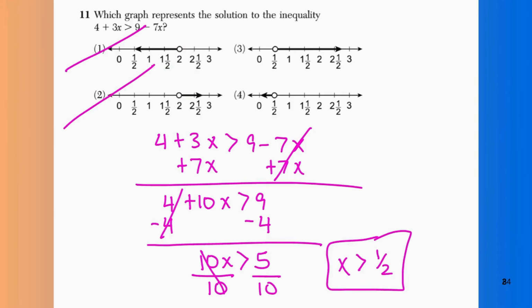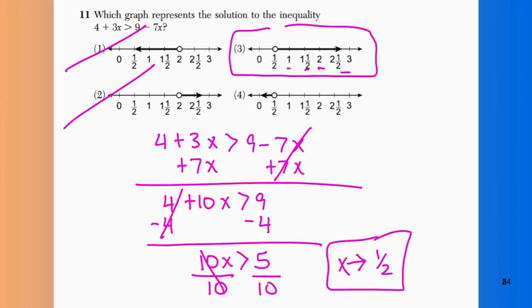All right, so we know that 1 and 2 are out. And now we're just looking at which graph, 3 or 4, matches my inequality. So my inequality says that x is greater than 1/2. I can just think of this as an arrow that's telling me which way to go. And that is answer choice number 3, showing me all the values, 1, 1.5, 2, and everything else that is